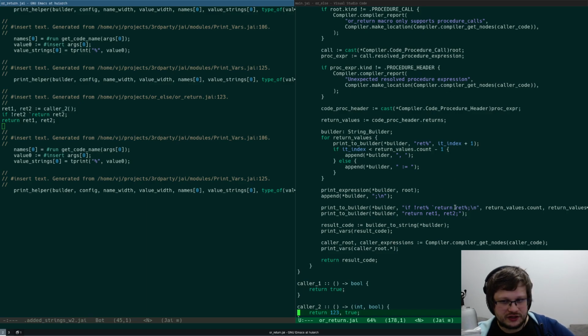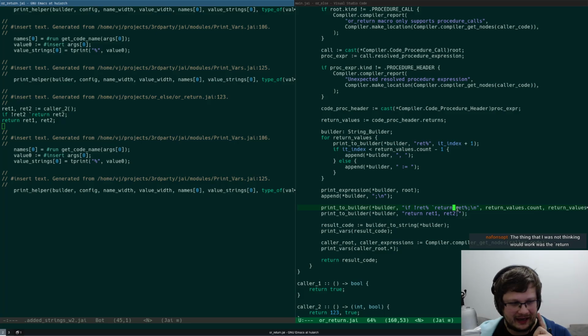Okay, so for now, all of this is hard-coded. It is hard-coded, but we have a working theory that this works. It has potential to work, which is insane. So what I want to do now is, yeah, it makes sense why it works, because by the time we get here, everything is type checked.